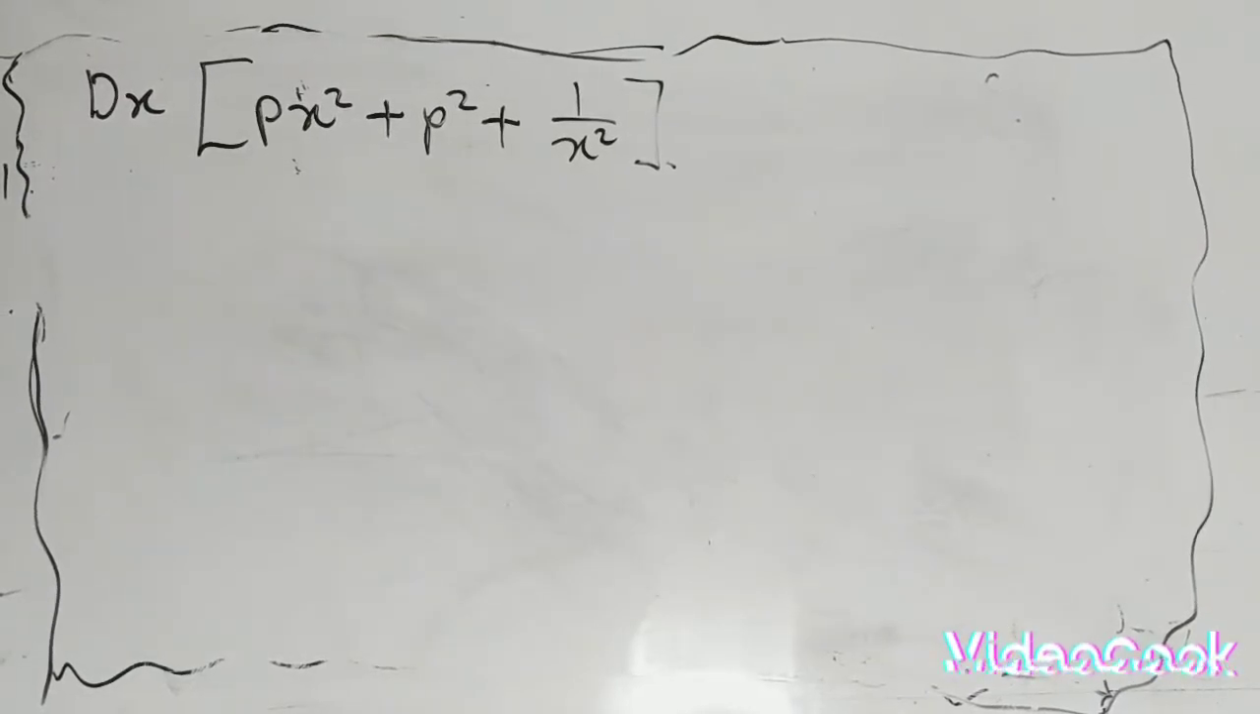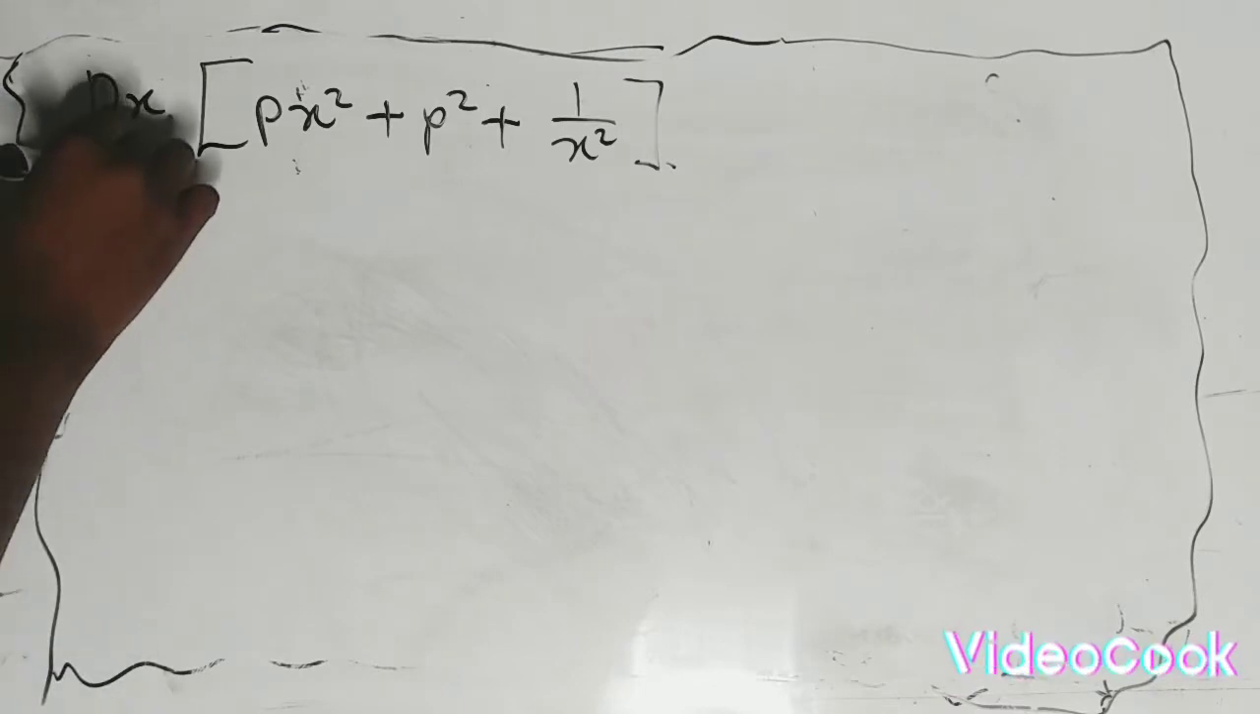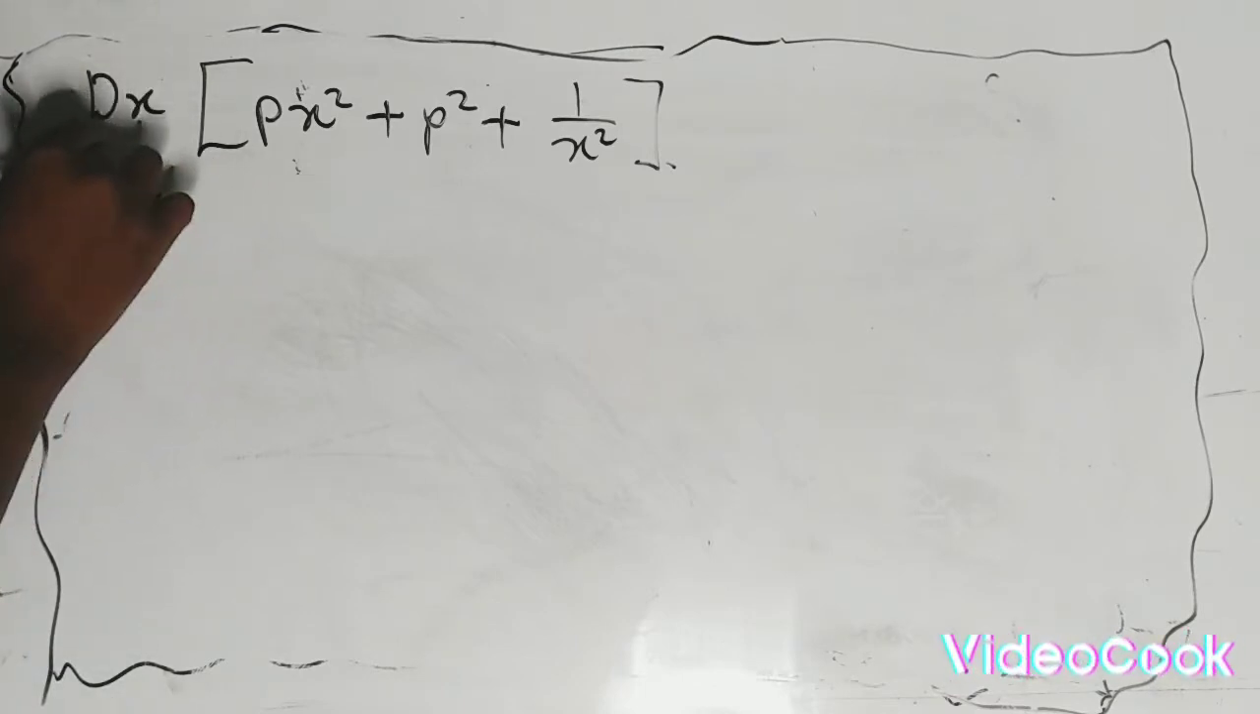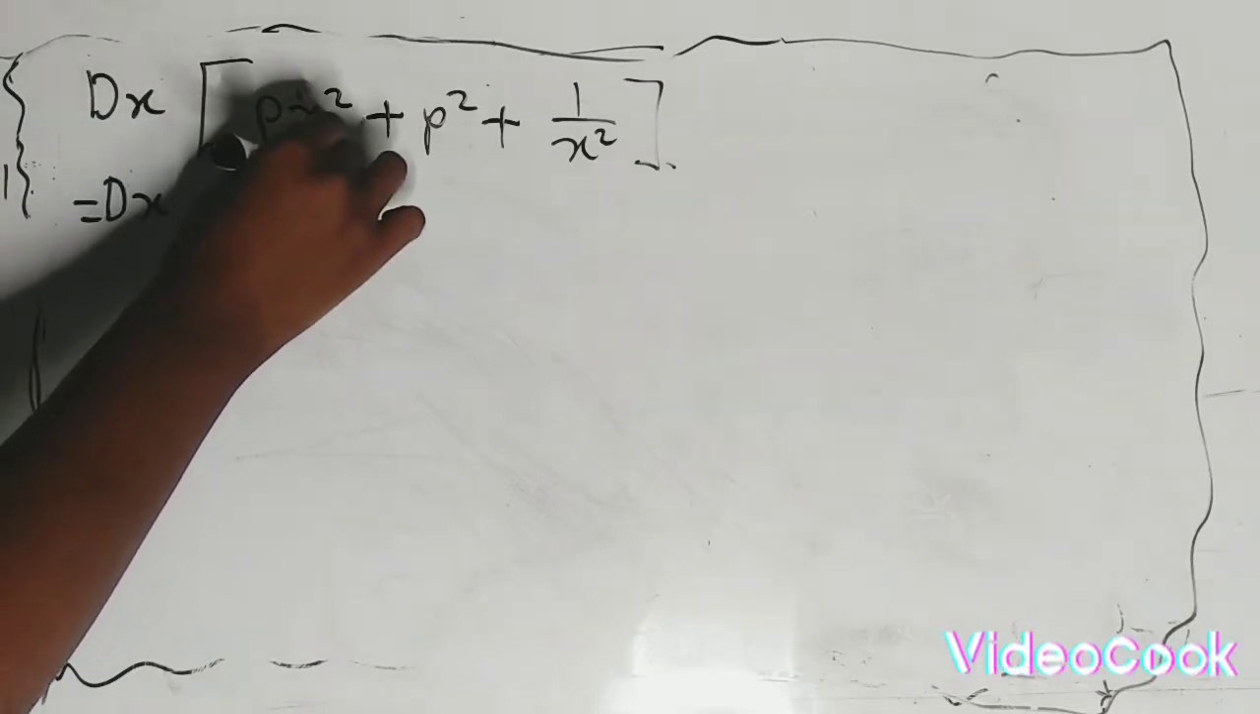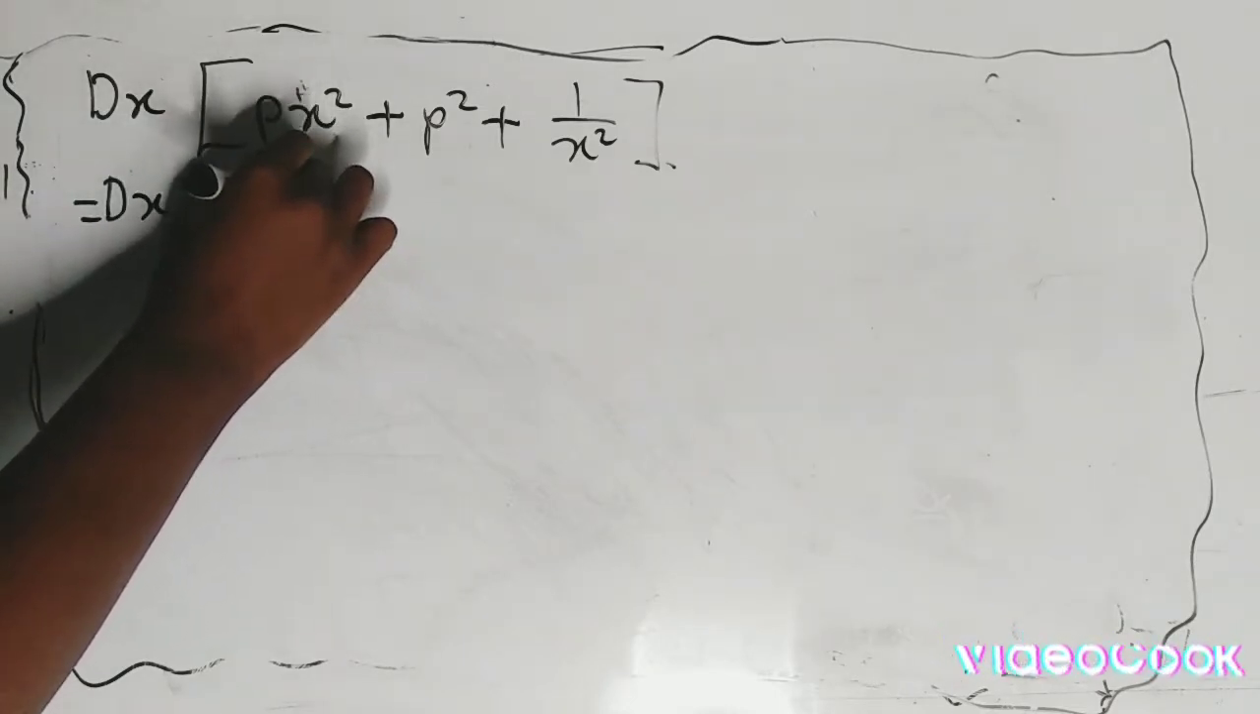We are continuing with our differentiation. I just want us to have a look at this one. Our first question: we are differentiating px squared plus p squared plus 1 over x squared, and we're told that p is a constant. So our dy/dx is going to be equal to 2 times p